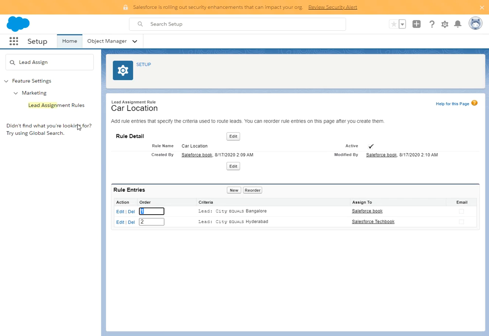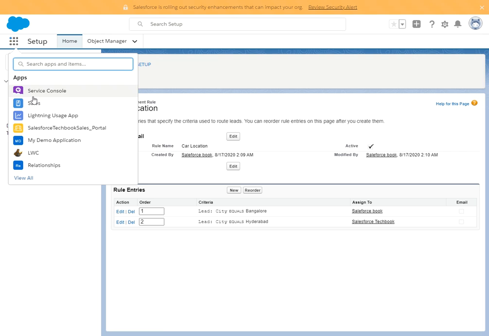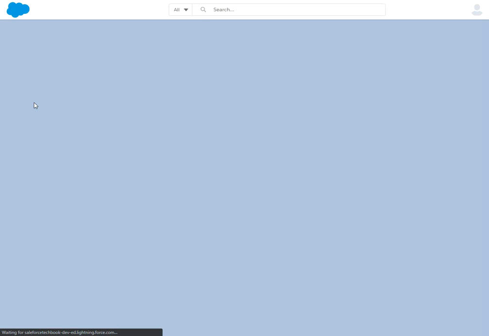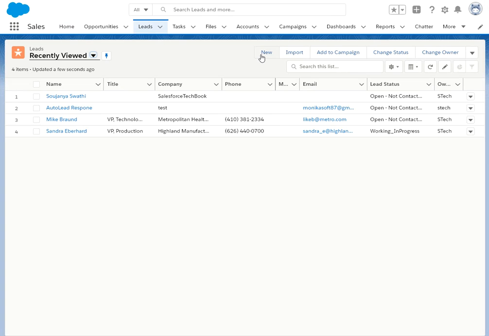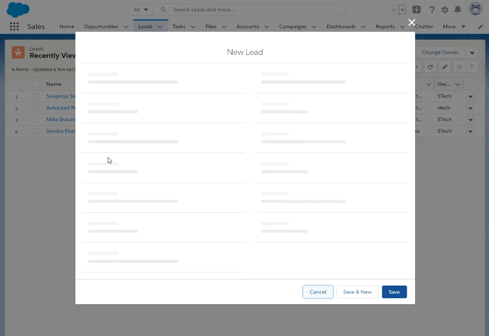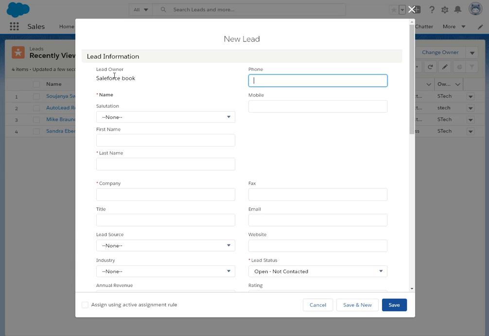Now let's see how it works. Go to your sales application, go to your leads object, and create a lead record. See, by default the lead owner is Salesforce Textbook.